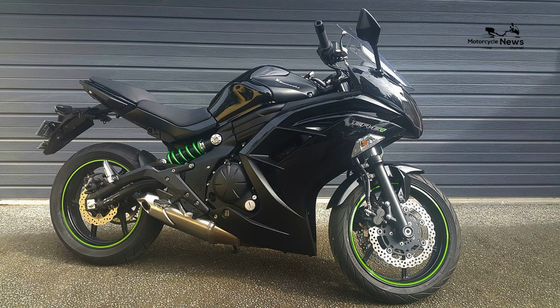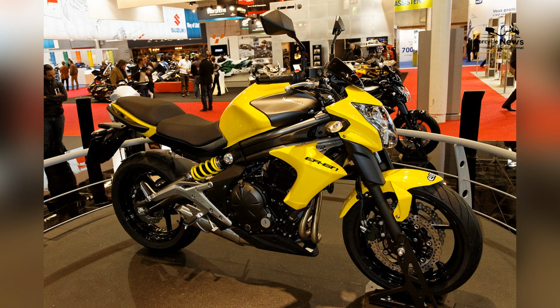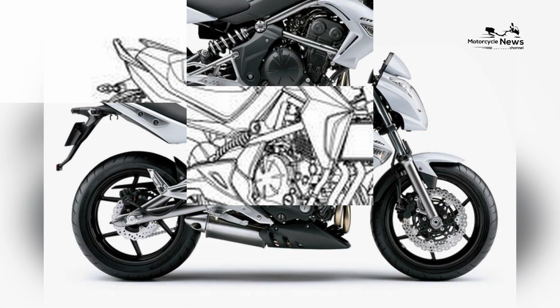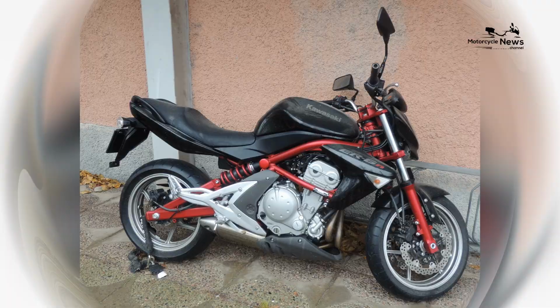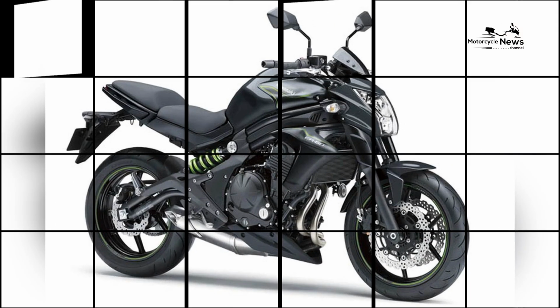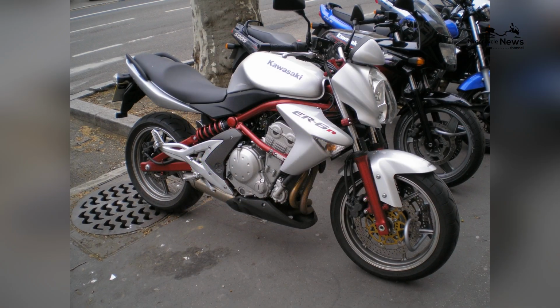The Kawasaki ER-6, also known as the Ninja 650 in some markets, has consistently proven itself as an excellent choice for novice riders. With its balanced performance, user-friendly features, and versatility, the ER-6 is often regarded as one of the best motorcycles for beginners. In this article, we'll explore why the Kawasaki ER-6 is an ideal starting point for new riders. A brief introduction. The Kawasaki ER-6 made its debut in 2006 and has since gained immense popularity among both